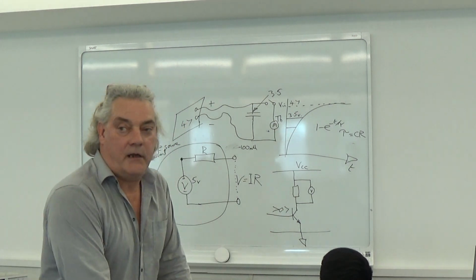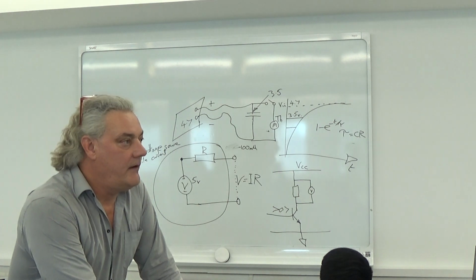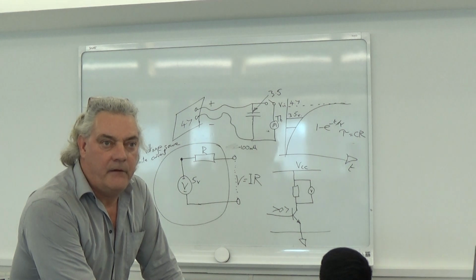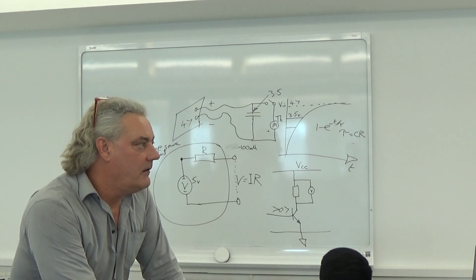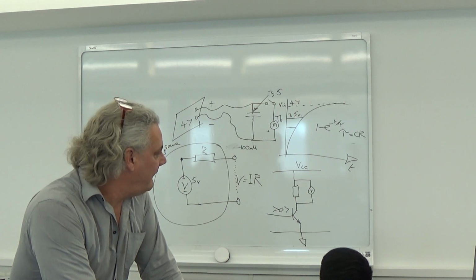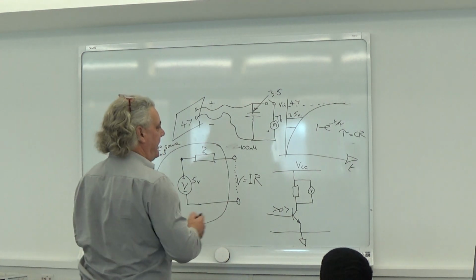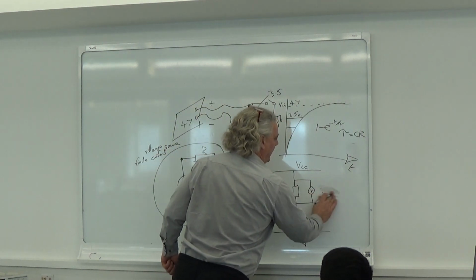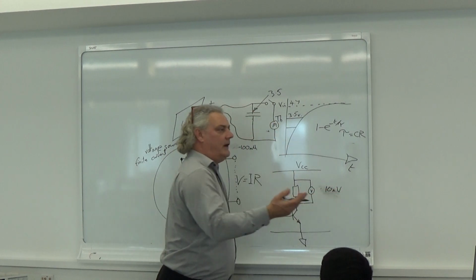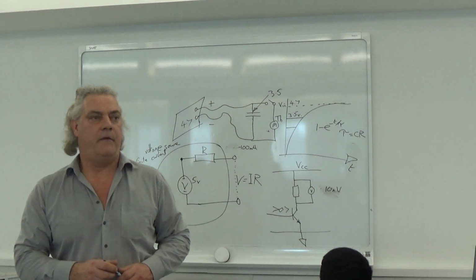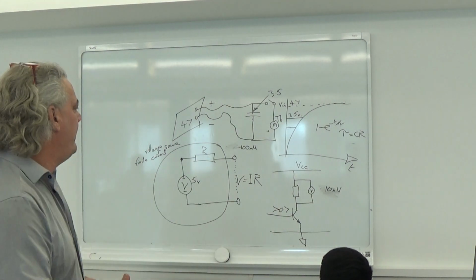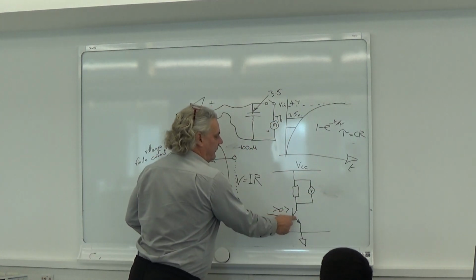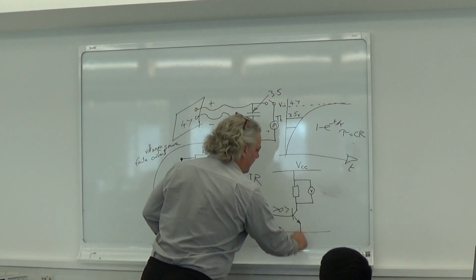Okay, so there you have it straight away. There's no current flowing, there's no volt drop, right? That's what V equals I times R refers to. It doesn't refer to voltage, it refers to volt drop. So if that transistor is off, we see no volt drop. On the things in Multisim, you might see 10 nanoamps, or you might see 10 nanovolts or something. Well, clearly that's meaningless. Nano, times 10 to the minus 9, it's just in the noise of the system. So I'd expect to see nothing in there. If I make this greater than 0.7 and this transistor turns on, current's going to flow down here and